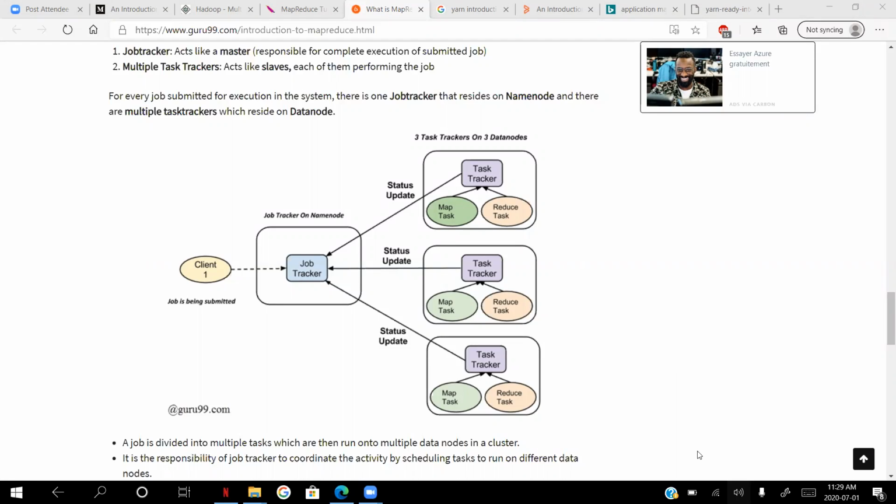It identifies how many partitions, how many blocks there are on your data nodes, and then schedules the map tasks onto those data nodes. Let's suppose you have one block over here, one block over here, one block over here. The map task gets scheduled onto those computers based on availability, if there's a slot available for it